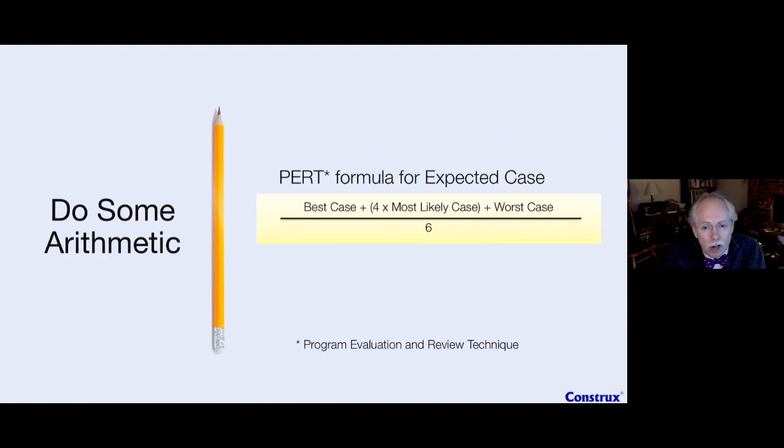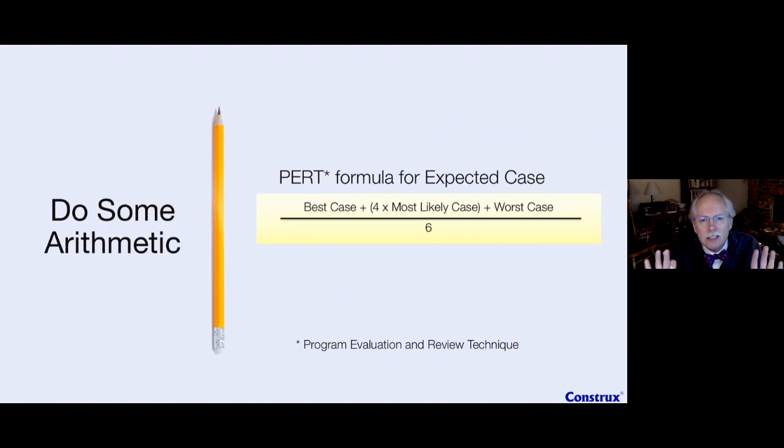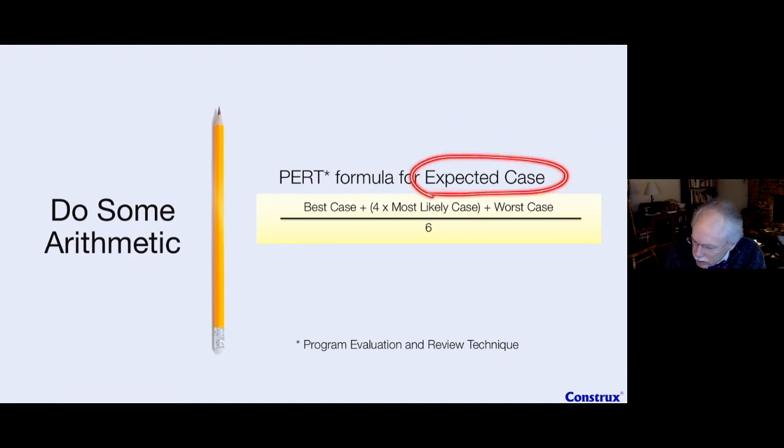And what studies have shown is that this moves us closer to this true planning number, closer to this 50-50, because we see our most likely case is closer to the best case than it is to the optimistic case. So it moves us that way a little bit. And that's what the PERT Formula does. It's a gentle nudge toward the worst case to take care of some of the biases we have when we come up with the most likely case. And once we get this, it gets a term of its own. It gets the term expected case, is what it's often called. And as expected case, you can look and go, this is what we kind of expect to happen.